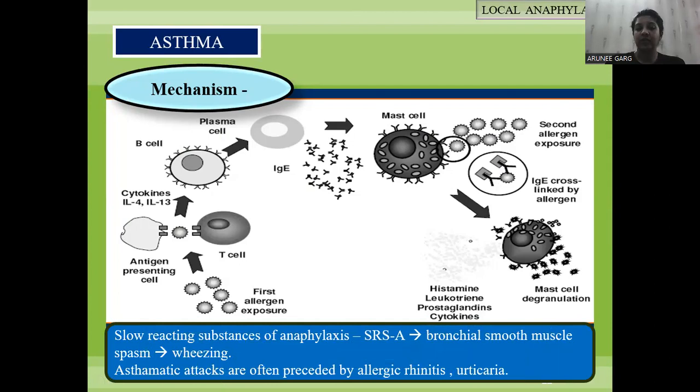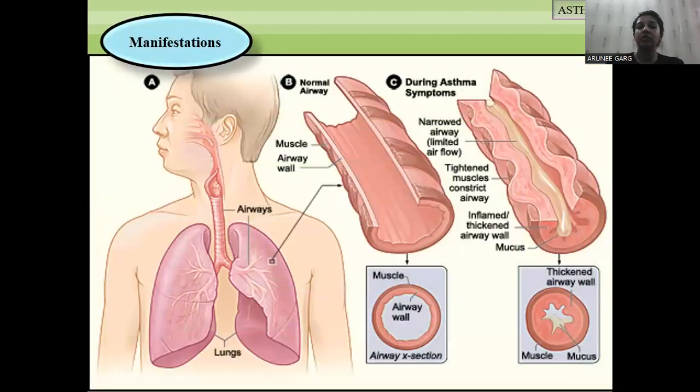Slow reacting substances of anaphylaxis cause bronchial smooth muscle spasm and wheezing. Asthmatic attacks are often preceded by allergic rhinitis and urticaria. The manifestations are,